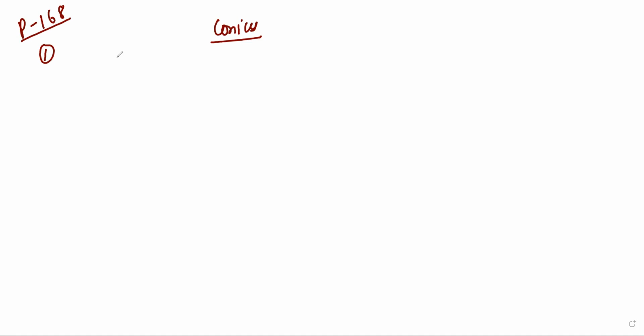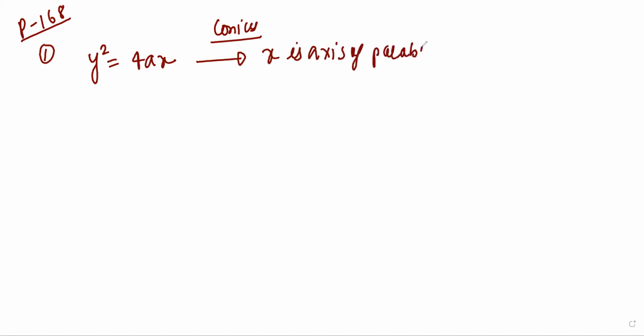According to the parabola, the equation is y square equal to 4ax. Right? X is the axis of the parabola. So here x is the axis of the parabola. Right. Next point is